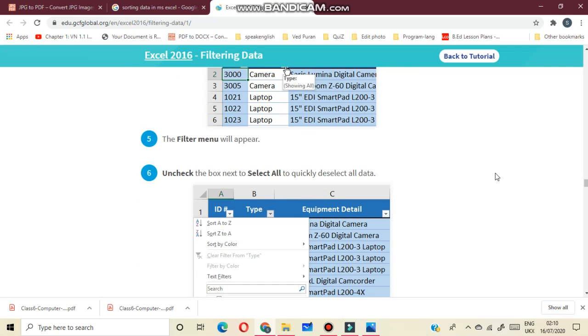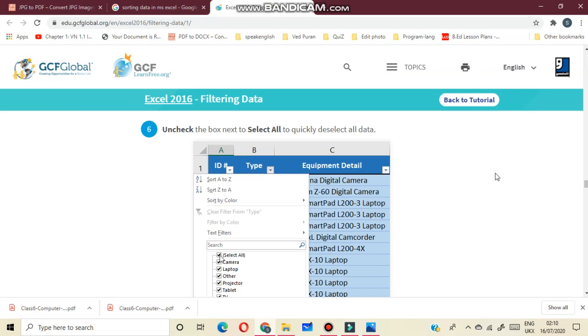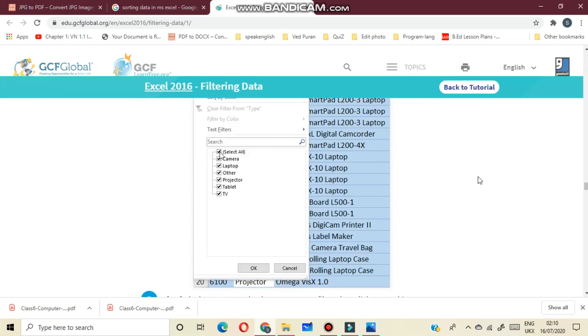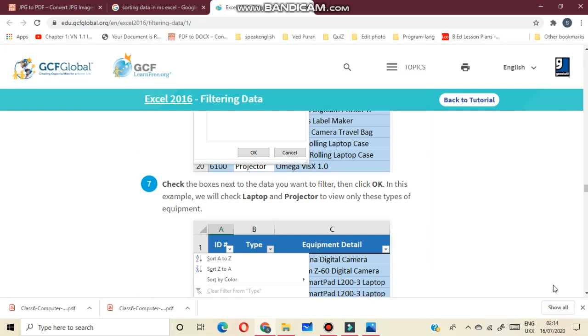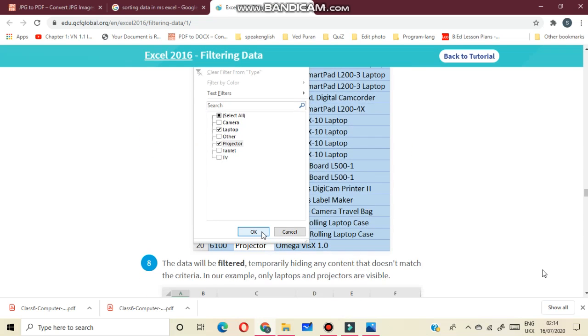The filter menu will appear. Uncheck the box next to select all to quickly deselect all data. Next, check the boxes next to the data you want to filter, then click OK. In this example, we will check laptop and projector to view only these types of equipment.